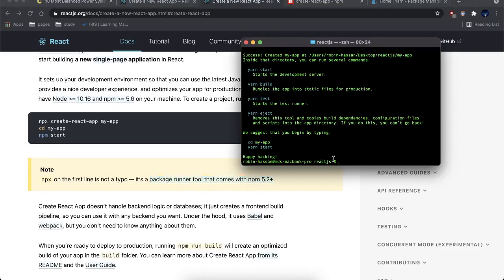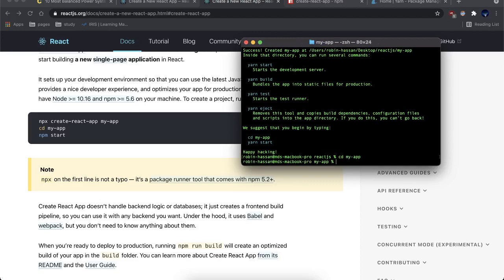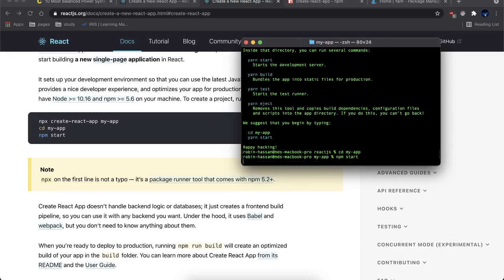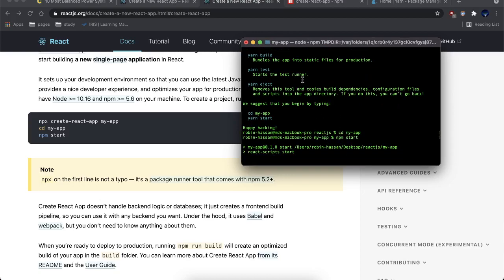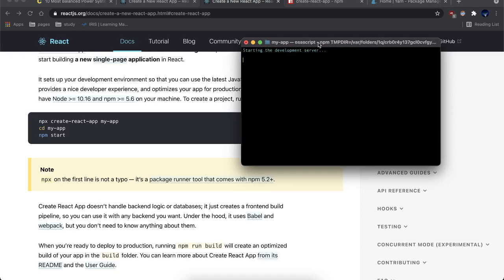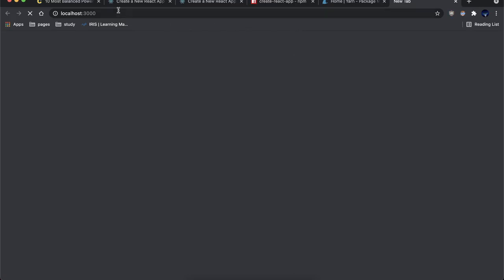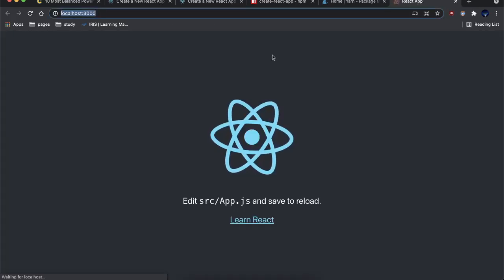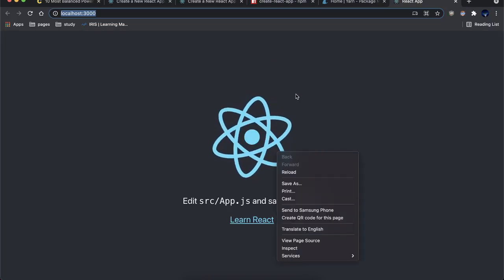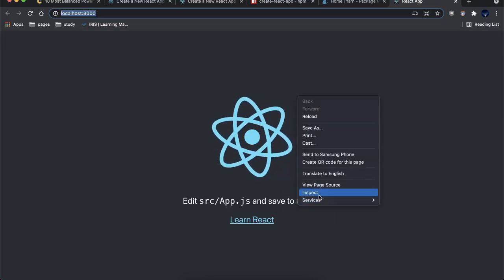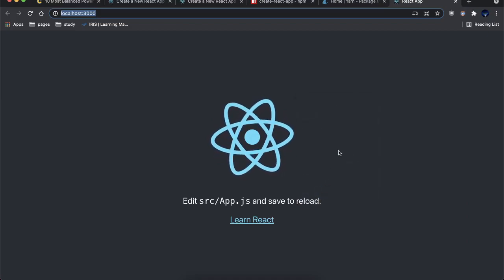I think we are done. Yep. So let's go to our my-app and we can write npm start, and then it will start our application on localhost:3000. So this is our application already started. If we inspect,